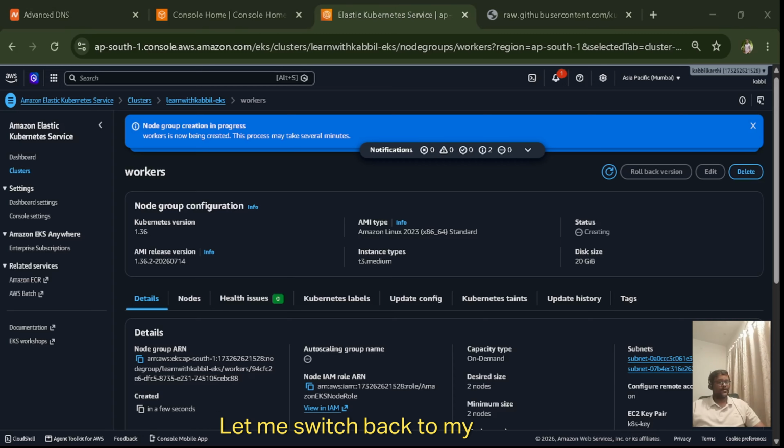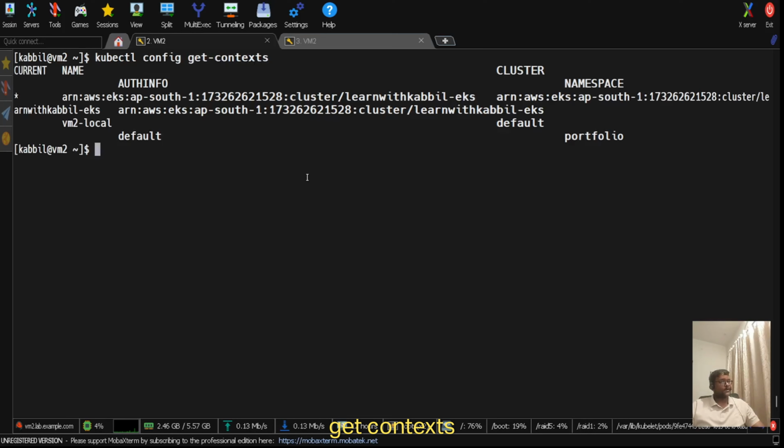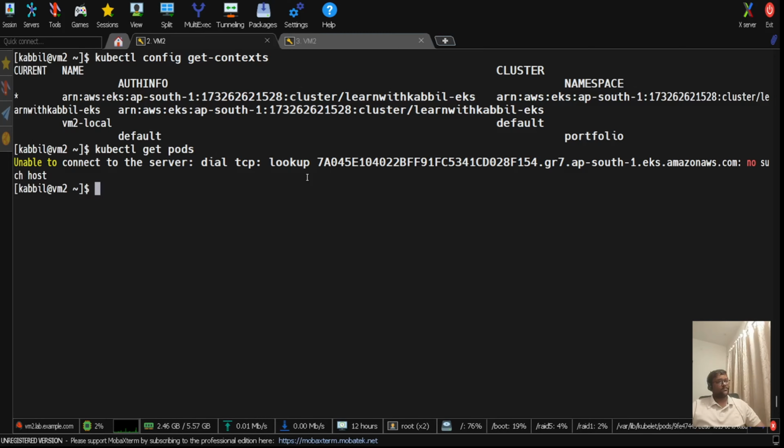Let me switch back to my terminal. Get context. Yes, I was using my previous cluster, because if you do kubectl get pods, you will get an error: unable to connect to the server. Why? Because there is no identity of the new cluster in my kubeconfig. So I need to update my kubeconfig to the present cluster. Okay, let me do that. aws eks update-kubeconfig --region